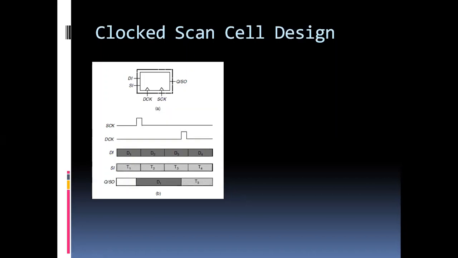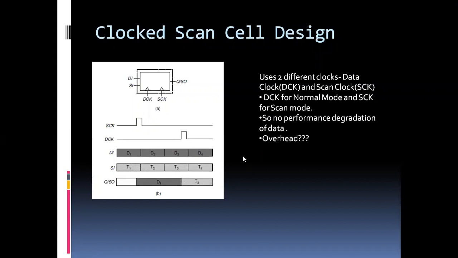Pretty simple. So I have removed that every flip-flop should be having a separate mux. That is going to give me a lot of area saving. Okay. So what I'm doing is I'm using two separate clocks in this case. One is D clock, that is for data, and the other is S clock, which is for scan. So obviously, when my flip-flop is going to work in the normal mode, it is going to work on D clock. And when it is using this S clock, it is going to work in the test or the scan mode. So what is the advantage?